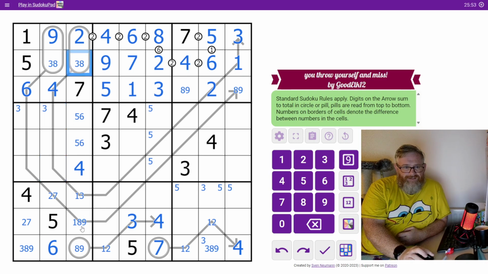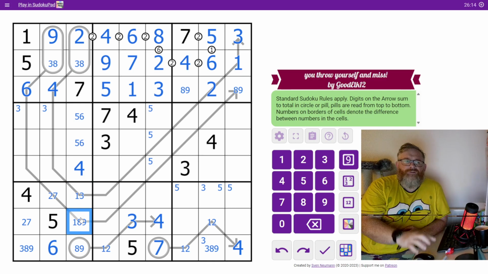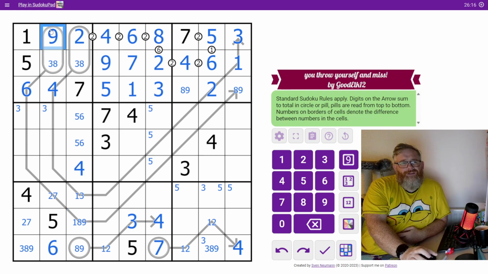If this is 8, this becomes 9, this becomes 1. That is 3, so 3 is okay, but 1 on the 90, does that really work? So again, if we look at the 90,